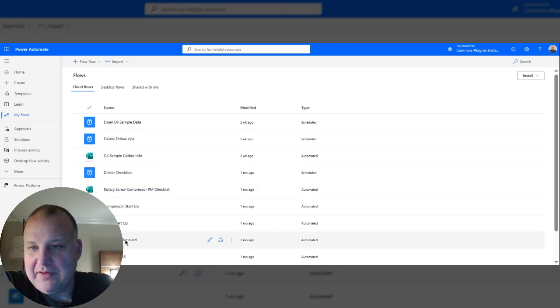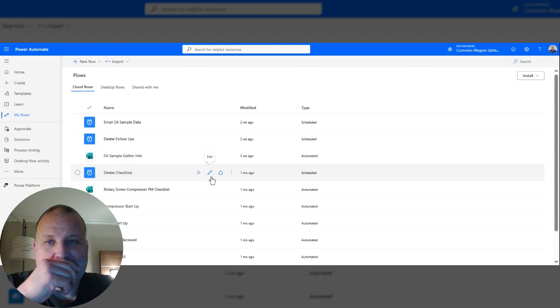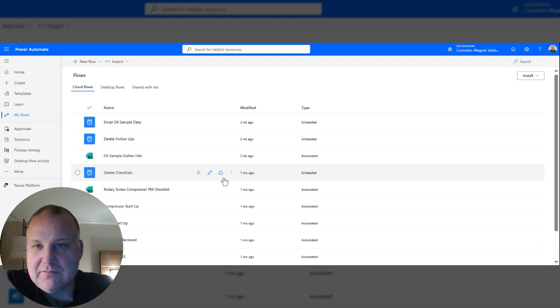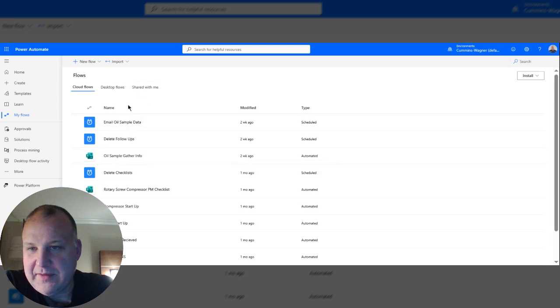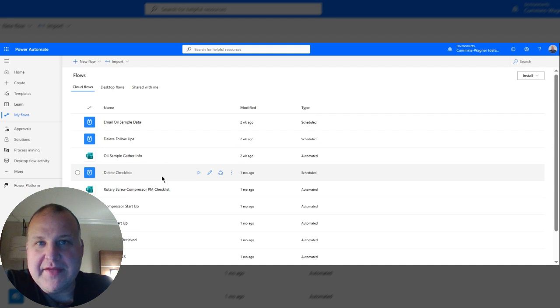I've got about a million things in here, but what we're going to do is I think I'm just going to build a new one from scratch. I was going to just show you how mine works, but I think it might be beneficial just to build one from scratch. So when we come in here to Power Automate, you're going to click right over here where